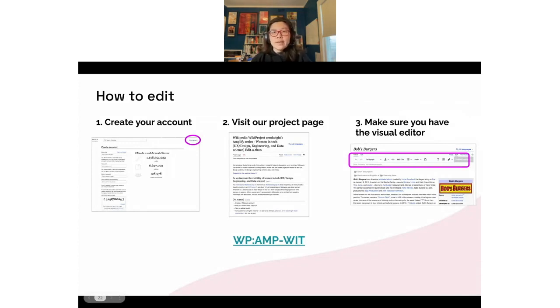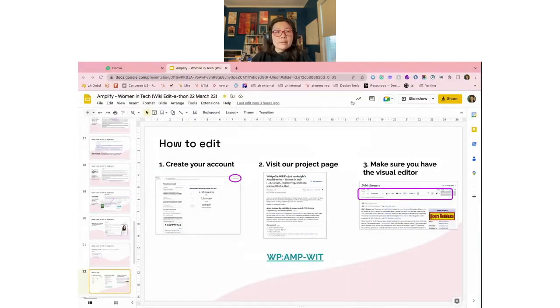There is a lot in the page. But let me jump to it really quick. Okay, here's our page. If you would like, you are welcome to sign up and just hit edit and then add your username. You can follow this syntax. It's not really in the nice UI, but that's okay. But there's some more information that I've just talked about, like articles to edit. So I broke it into women in design systems, women in UX, in engineering, and data science.